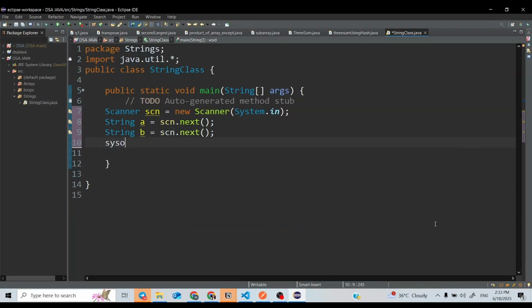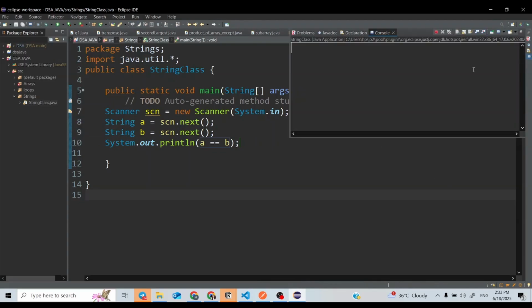So if I do a equal to b, what will it print? Suppose I give a as hello and b also as hello.